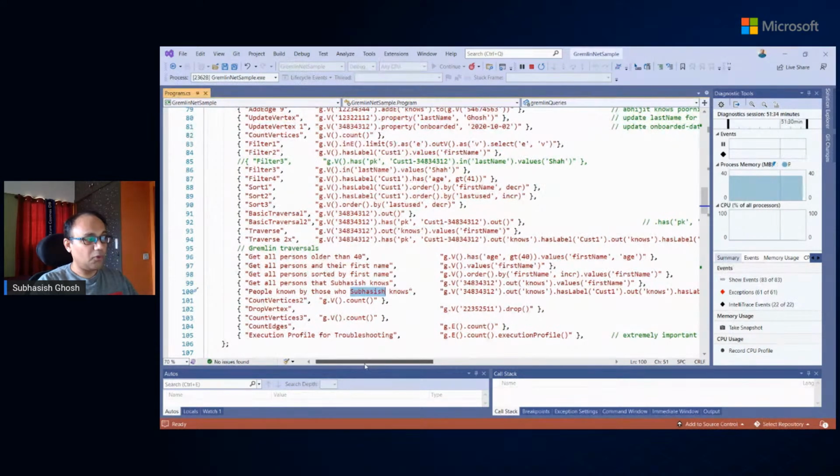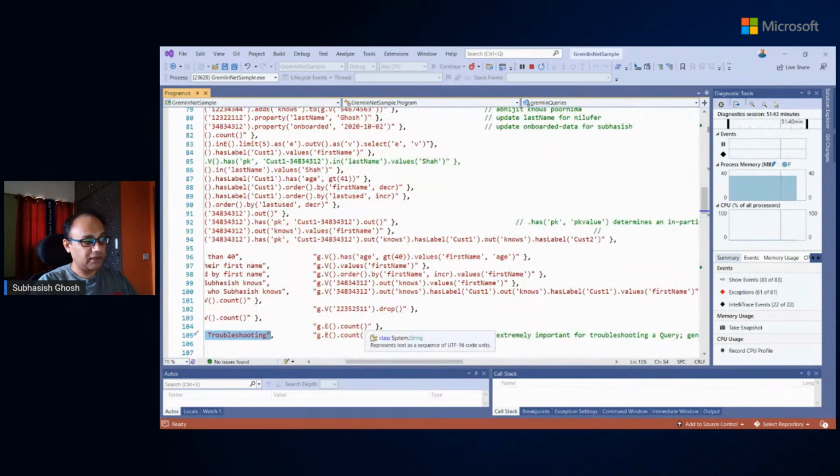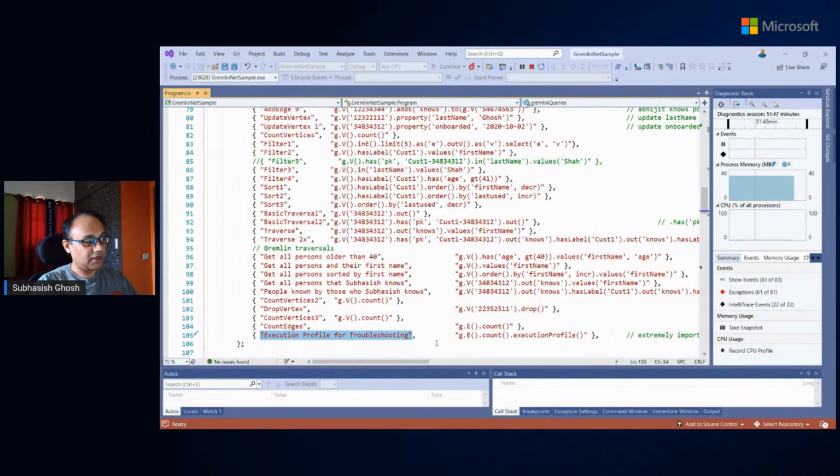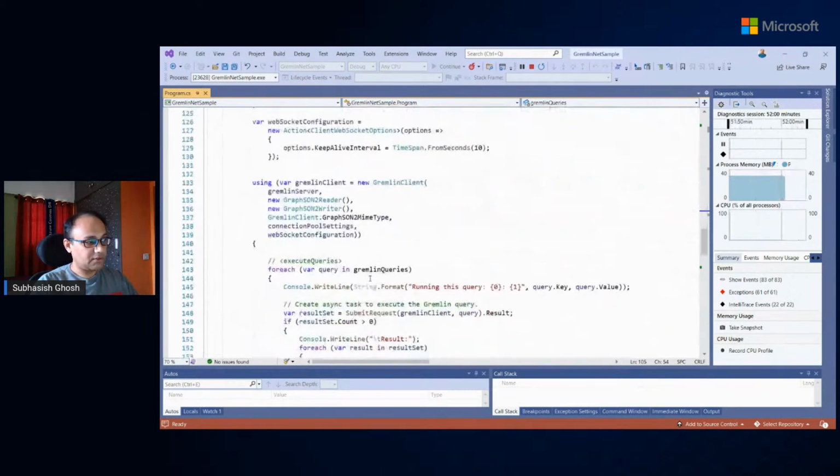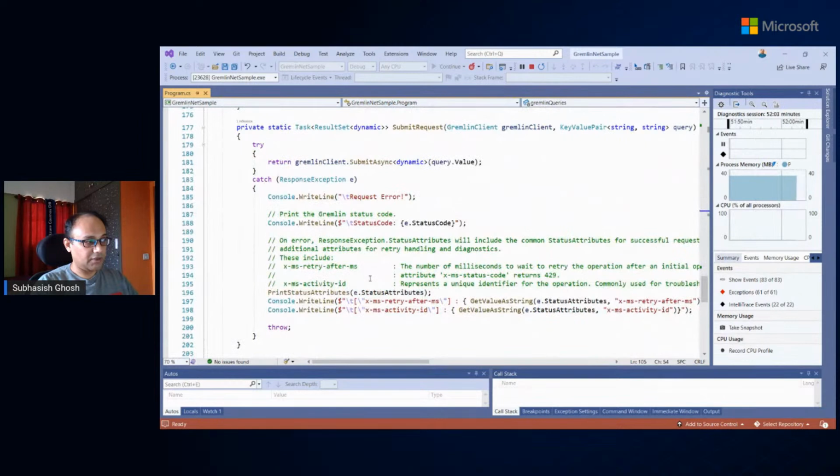One important point which we leveraged, and strongly recommend people leverage, is to always use the execution profile. This is extremely important because it gives you a lot of parameters you can deep dive into for optimizing queries, from a performance perspective, and then eventually latency and cost. Another very important point is that for all of these queries, you have the status attributes.